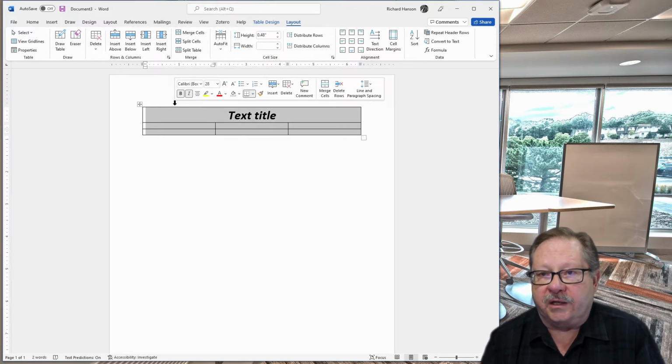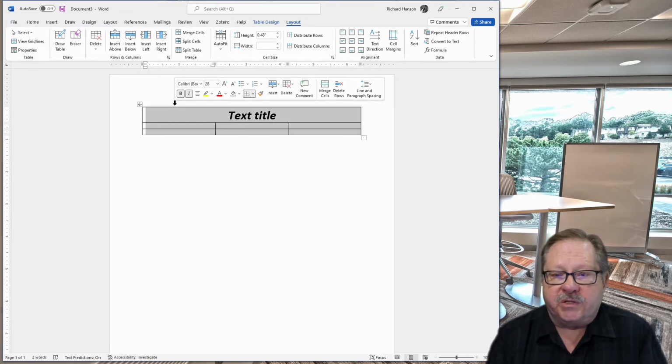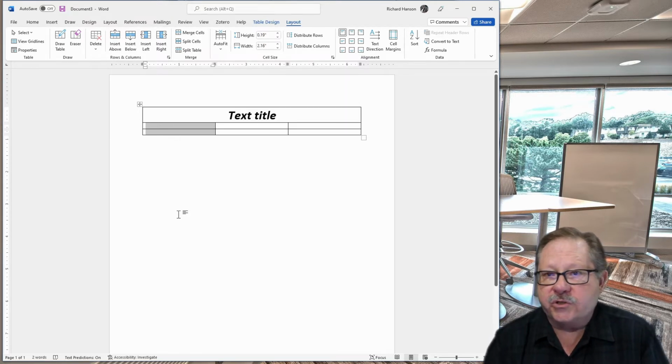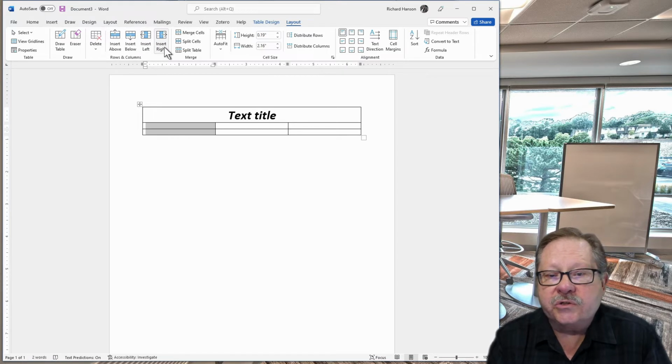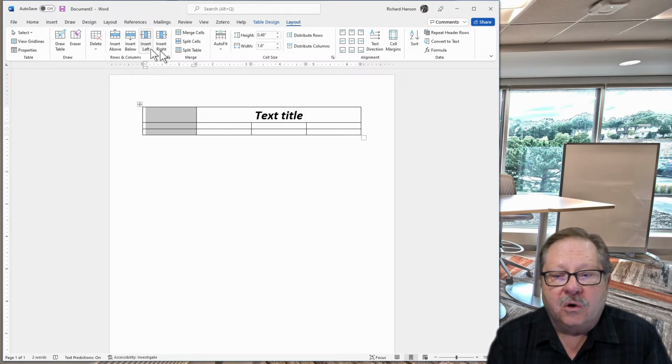In fact, when I click on it, it highlights the whole thing, because it'll highlight that whole first cell and anything under it. So if I want to insert a column under my text title, I would need to go down and highlight the column underneath the text title. Then I can insert a column to the right, or I can go over here and I can insert another